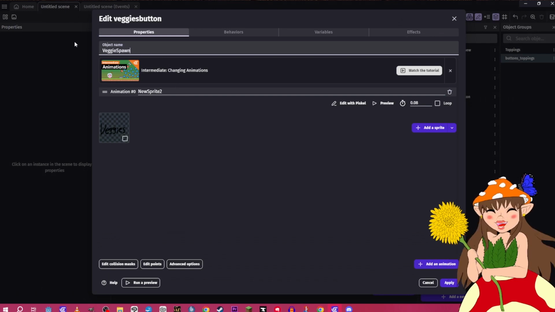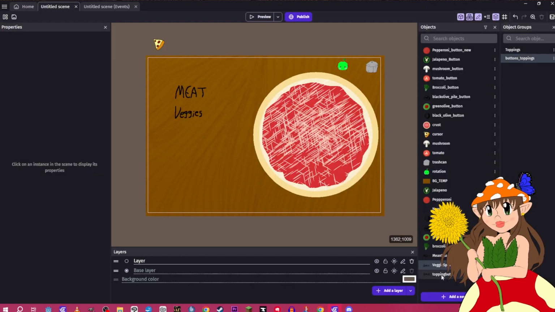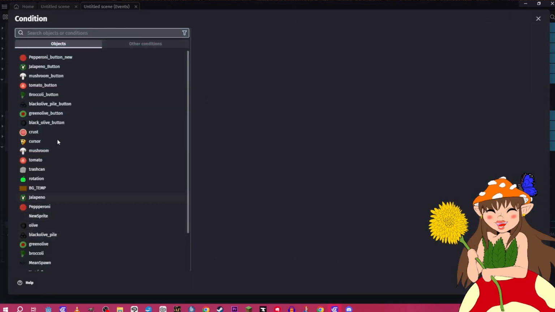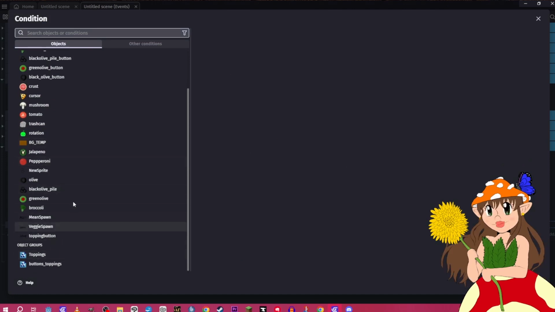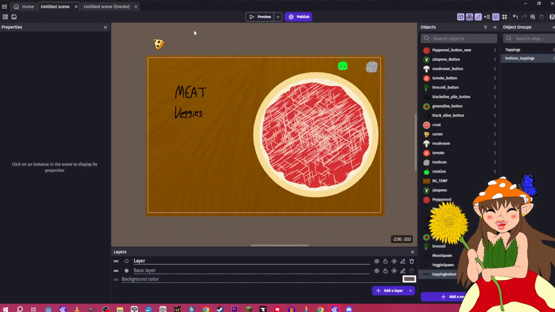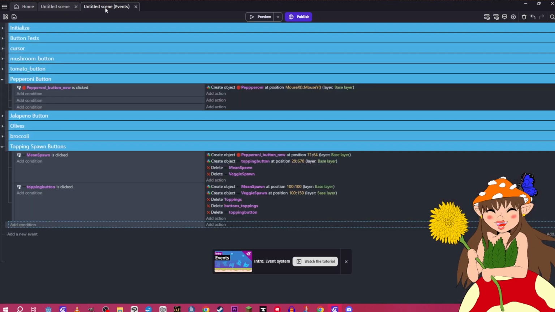Veggie spawn. No, let's keep that for now. So for testing purposes, we will add a condition, and we will do veggie spawn. I didn't make it into a button. Okay, so